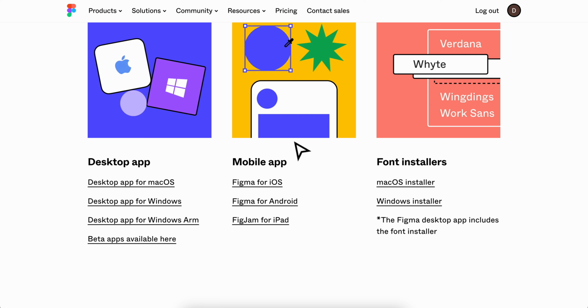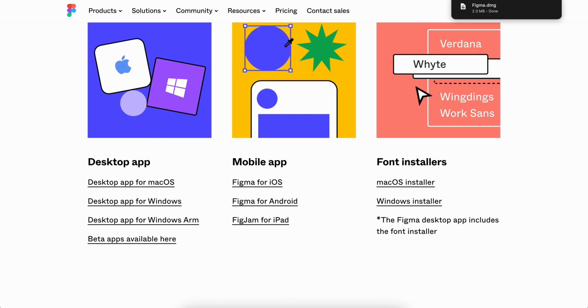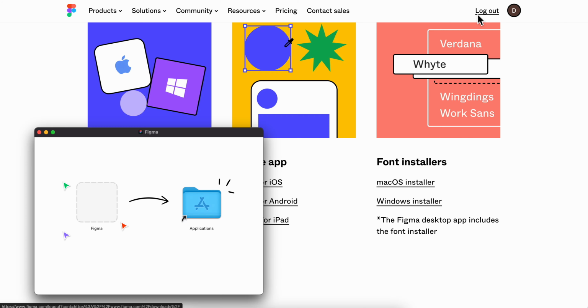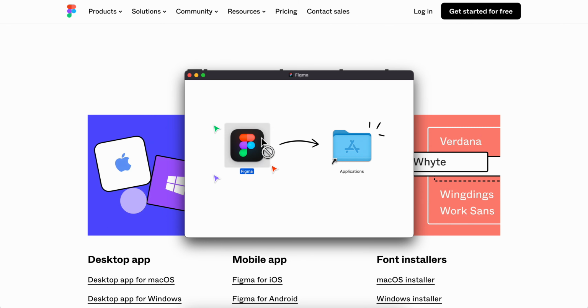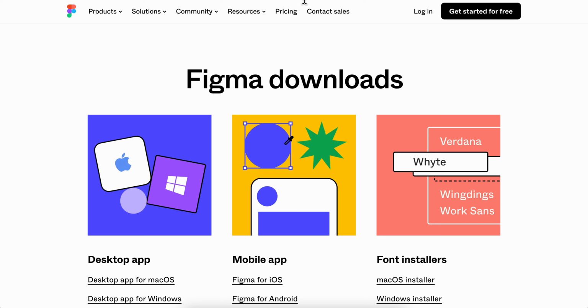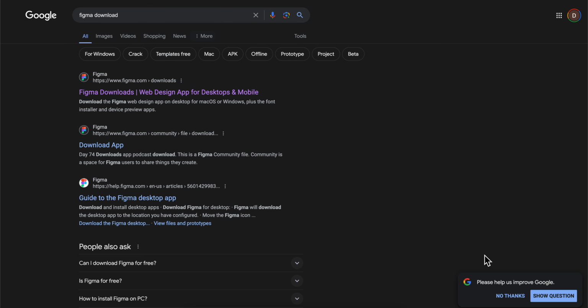So what you're gonna have to do is simply install Figma on your Windows or Mac OS. So I'm gonna choose Mac OS because I'm using this. And after that, you're gonna have to open it. So let me install it really fast just to show you the entire process. So after you install Figma, what you're gonna have to do is simply open again a new tab, and then